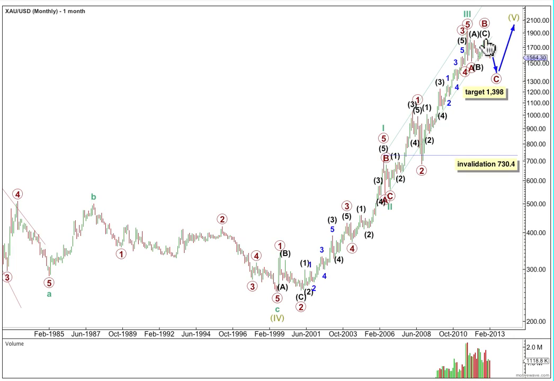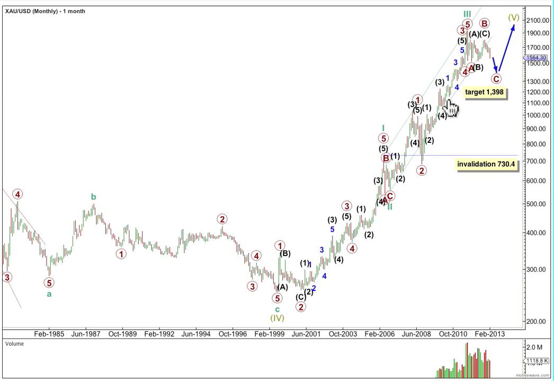So if this is a zigzag, the B wave is over, the C wave is underway. It should reach equality with primary A at 1398, and that will be the end of the fourth wave at cycle degree, and then we'll need a final fifth wave up, which would probably make new highs. The fourth wave may overshoot the trend channel that I've drawn here using Elliott's first technique. That's okay, sometimes fourth waves do that.